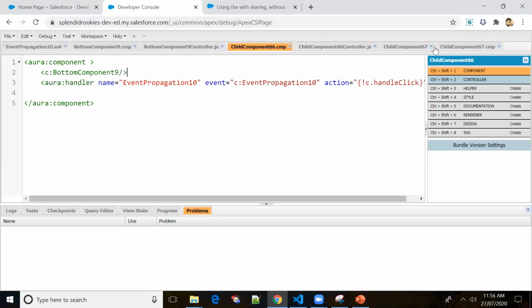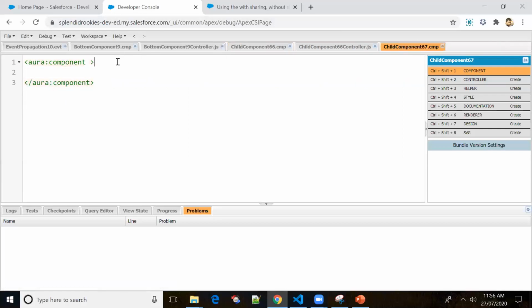Okay, so in the child component 67, I'll be just including child component 66.